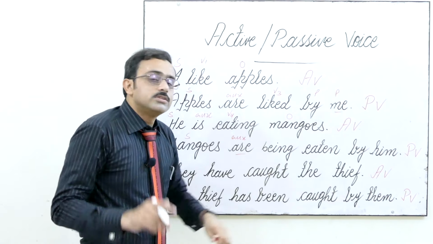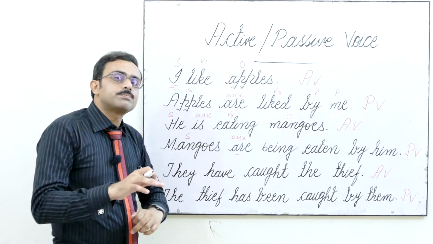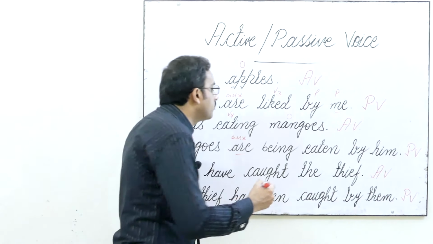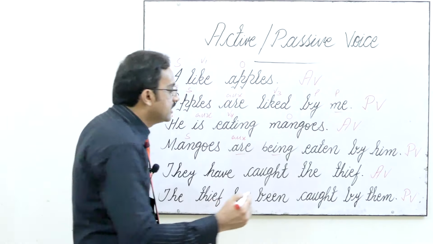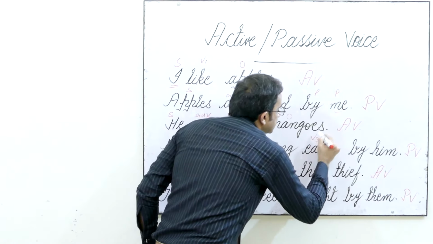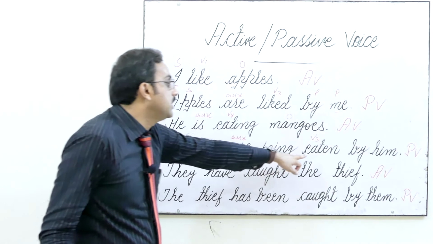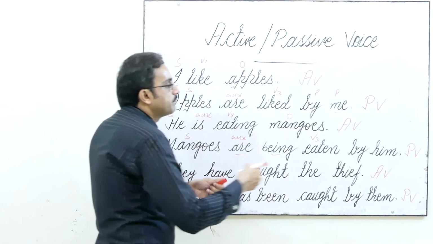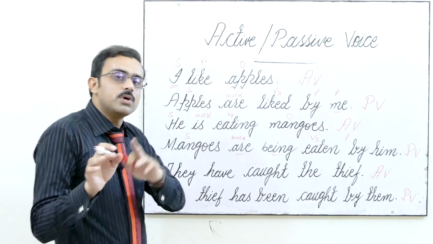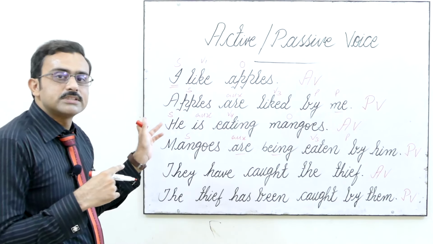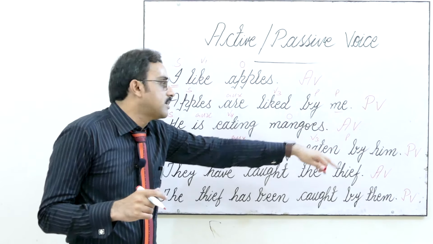Mangoes are. Just to convert our fourth form, means present participle, into past participle, we are doing what? We are using being. Mangoes are being eaten. Then we do what? V3. As I told you, in passive voice, definitely in each and every condition we use only third form of verb. Then we use the preposition by, and then him. He changes into him. He was your first person case of subjective. It became into objective case, him.